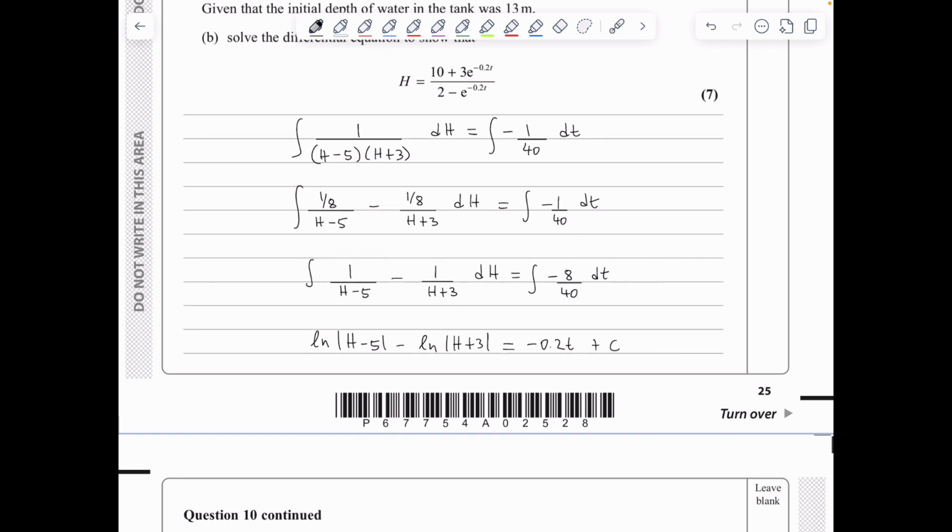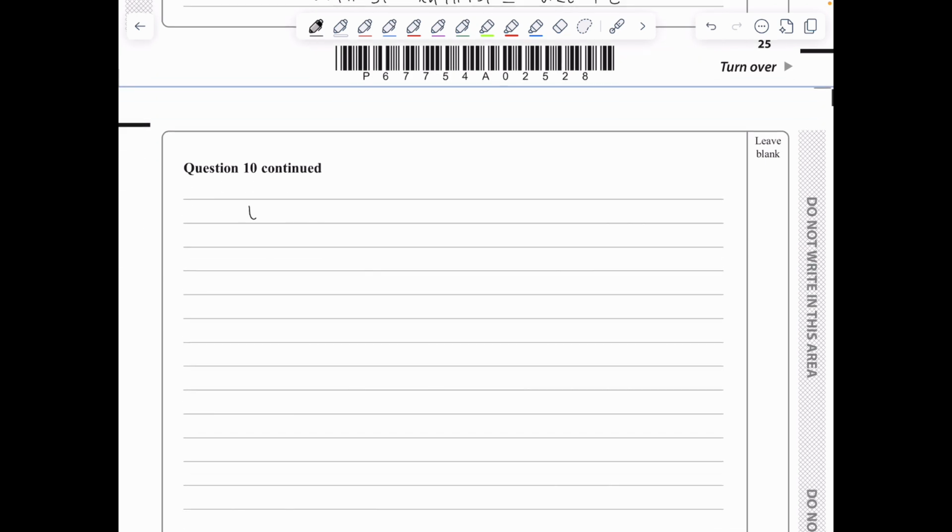Now we'll proceed by using the boundary condition that when t is 0, we get that capital H is 13 to determine the constant c. So we've got ln of the absolute value of 13 minus 5 minus ln of the absolute value of 13 plus 3 being equal to 0 plus c, and therefore we've got ln of 8 minus ln of 16 is equal to c. Obviously I can combine the two ln's because ln of 8 minus ln of 16 is ln of 8 over 16, which is a half. So ln of a half is c, which I can see as ln of 2 to the minus 1,